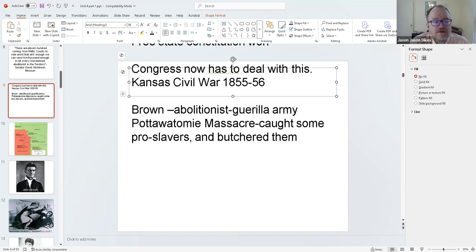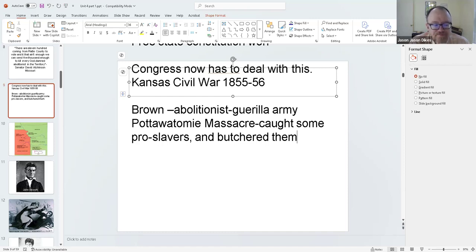Not only killed them, but cut their bodies up, scattered their remains along Potawatomi Creek, put their heads on pikes as a warning to other slaveholders. I mean, it was pretty medieval. And the whole war in Kansas, with Americans scalping other Americans and taking ears and fingers as trophies. This isn't Native Americans and Americans fighting. These are Americans butchering each other in pretty gruesome ways.